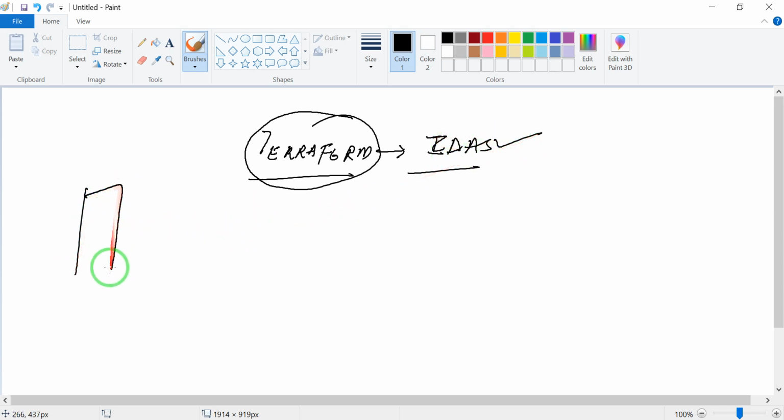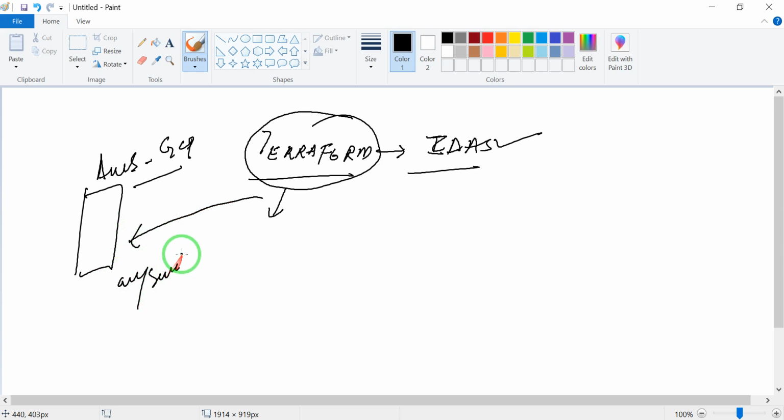If you have a cloud environment, like AWS or GCP, these are all public clouds. This tool helps us provision instances or any services with the help of Terraform.